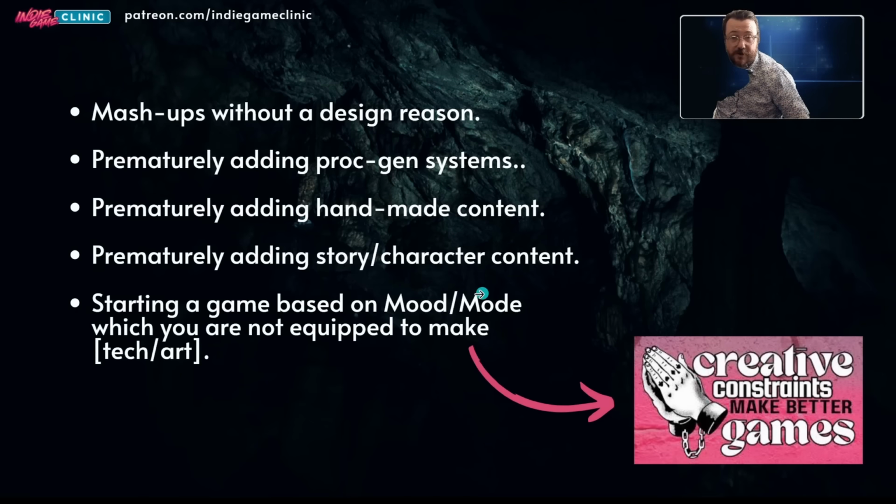If you start with mode and you start with something like roguelike, something that is to do with the structure of the game, again, you might end up with a bunch of challenges to do with your art or your programming, which you just can't do yet. And I think this bottom bullet point is particularly important if you're a new developer,